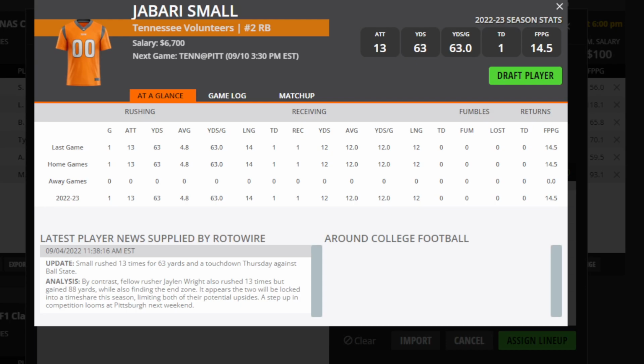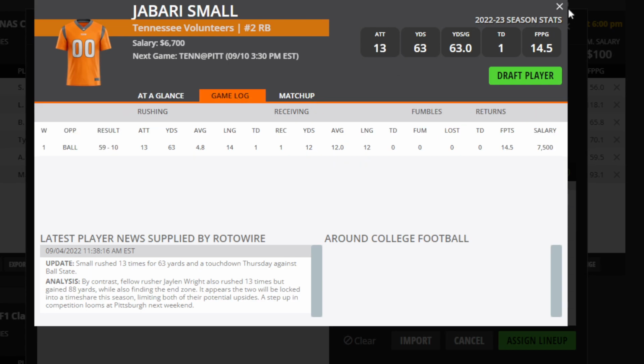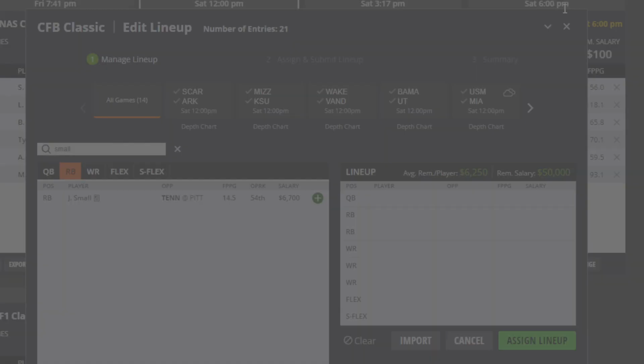He has top-tier upside in this matchup against Pittsburgh in a high-scoring game. He's going to get some touches. He's going to get some reception attempts. And so he definitely has the ability to get more points. And he's also come down on price because last week he didn't really score a ton of points.